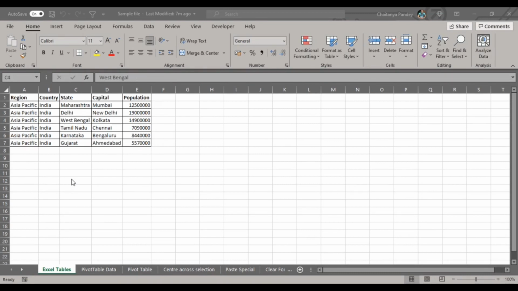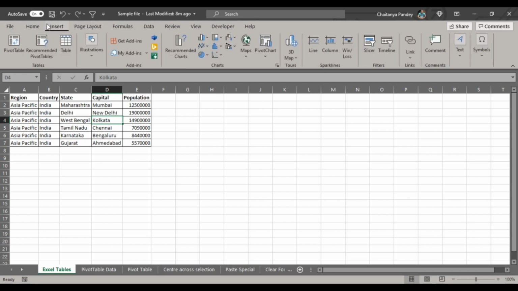First you need to select a range of data like this one, or just place the cursor in any of these cells. Now go to the upper left corner of the screen where you will find all the tabs. Under the insert tab there is a section called tables. Click on the insert tab, and in the table section select table.